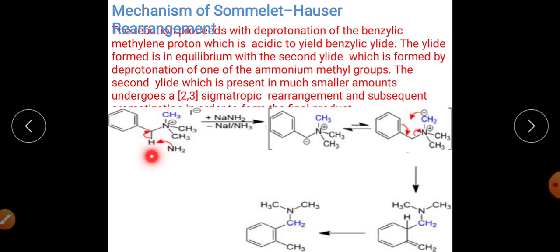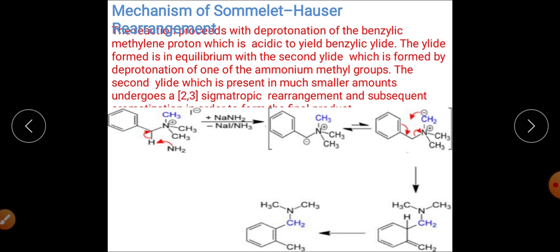When this particular carbon, which is bearing the 2 hydrogens at which the base is first going to attack, is isotopically labeled, and we take a different substrate in which this particular carbon is not isotopically labeled, and we allow these two substrates to react under the same reaction condition in the same vessel, at that time we will find that there is no crossover product formed. It means the reaction is proceeding in an intramolecular way and not an intermolecular way.